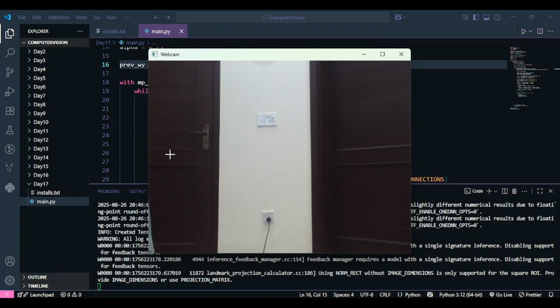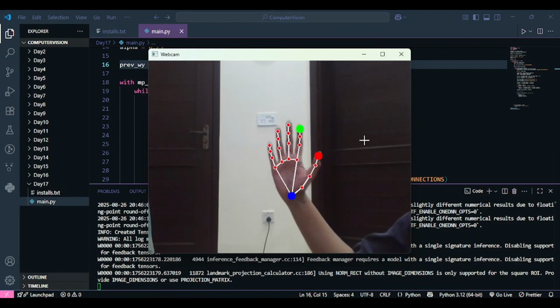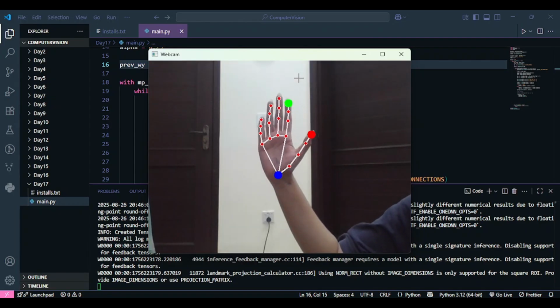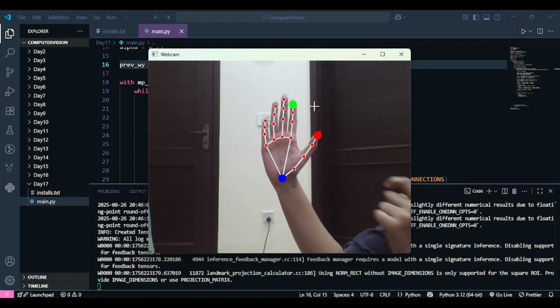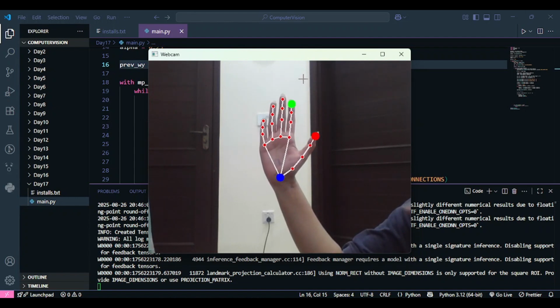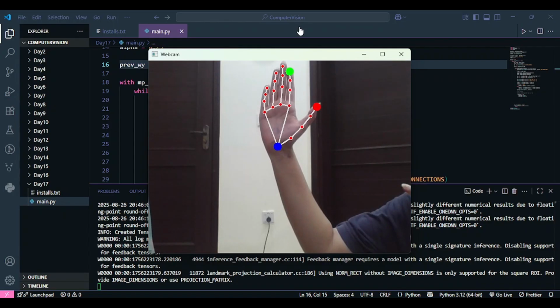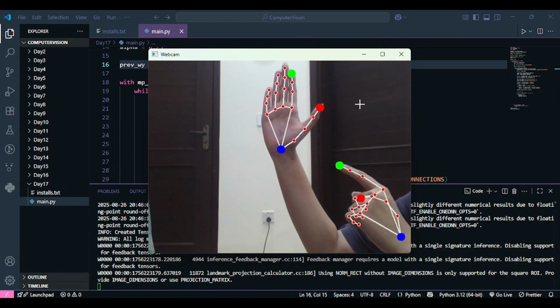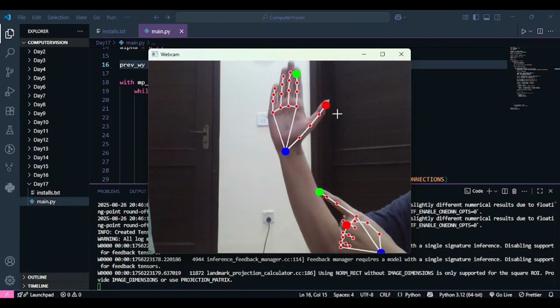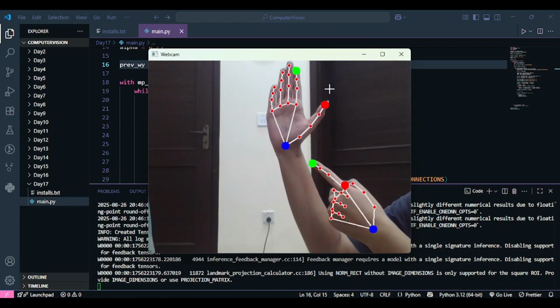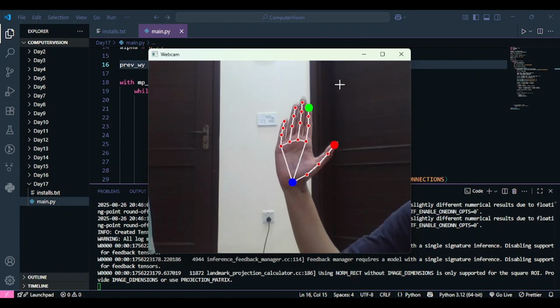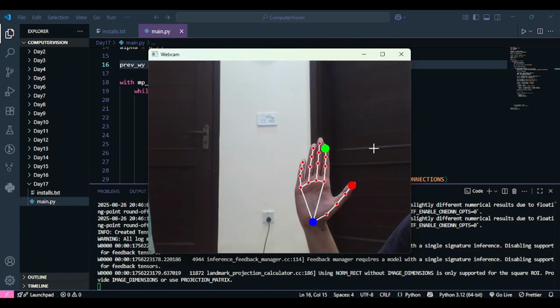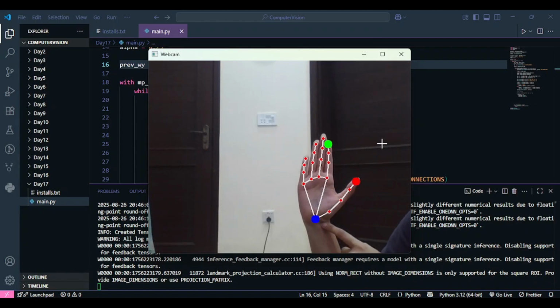Now I'll bring my hand inside and I'll show you how we're going to create the scrolling effect. So this is my hand over here. Now let's imagine that the y value, or the wy, over here is 50. If I move up, the wy value will obviously decrease. If it was 50 over here, it is going to be, let's say, 30 over here. So the y value has decreased. And if it was 50 over here and I move my hand down, I move my wrist down, the wy value will increase.